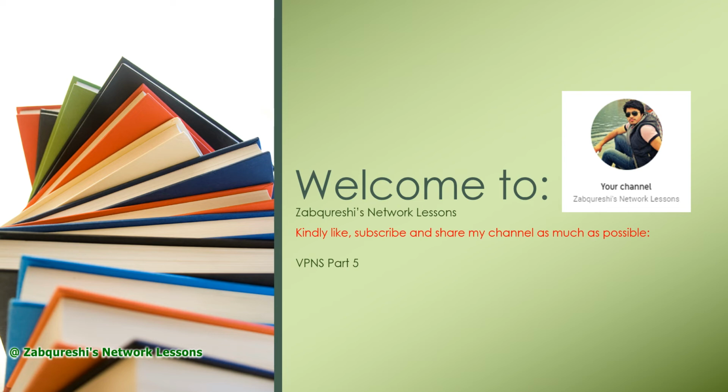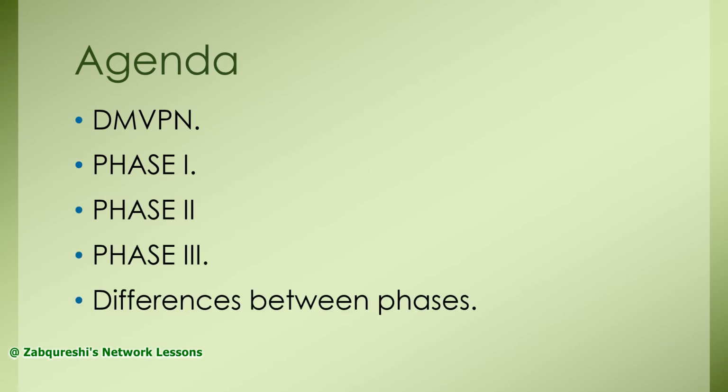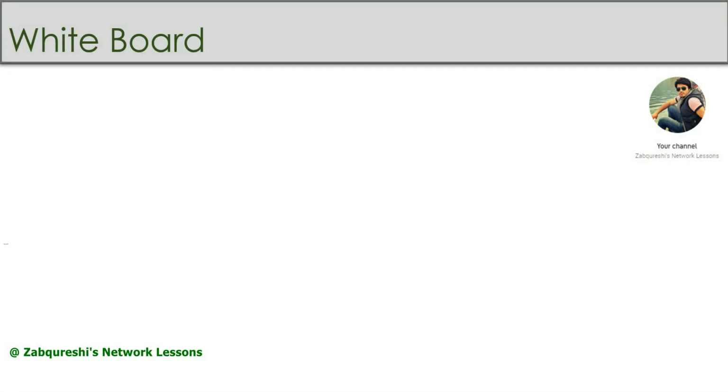And so let's begin. Let's see what all topics we are going to cover in this session. The topics that we are going to cover here are DMVPN, then multi-point VPN, and we will have different phases of the VPN: phase 1, phase 2, phase 3, and then the differences between phases. What is the difference between phase 1, phase 2, and phase 3? And obviously I'm going to demonstrate all this on my virtual lab that I'm building on EVNG. Okay, so without wasting time,